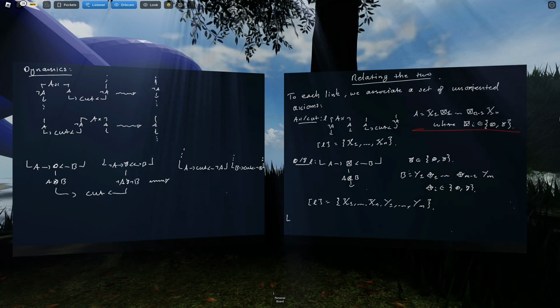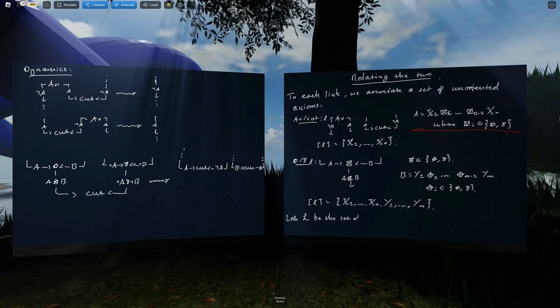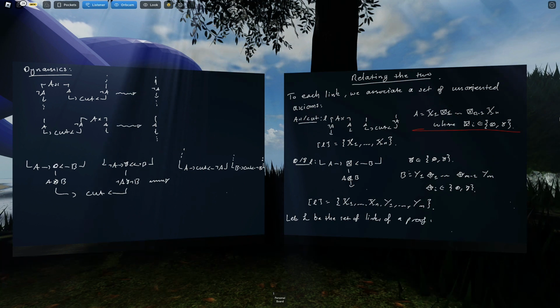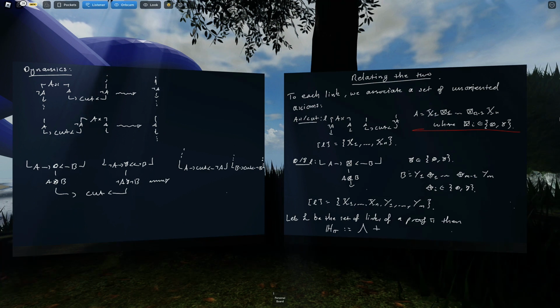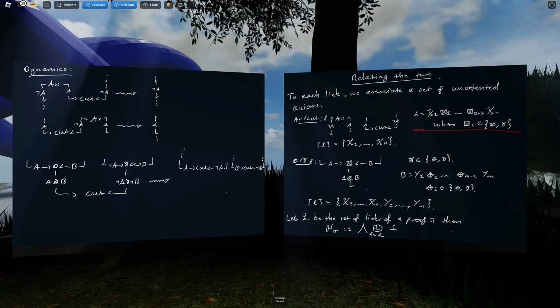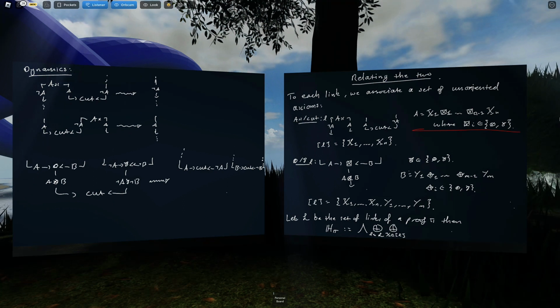So if I let L be the set of links of a proof pi, then the Hilbert space, or the total space of pi, is defined to be the wedge product of the direct sum of all the links inside L, and we take the direct sum of all the formulas inside the set of unoriented axioms of that link,